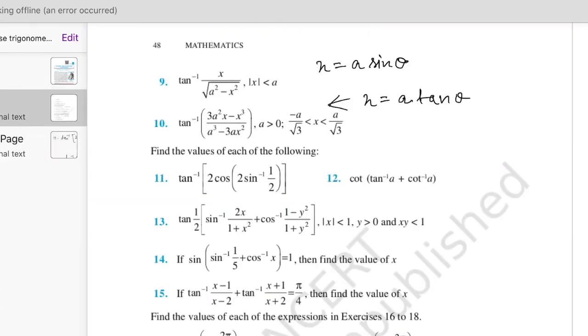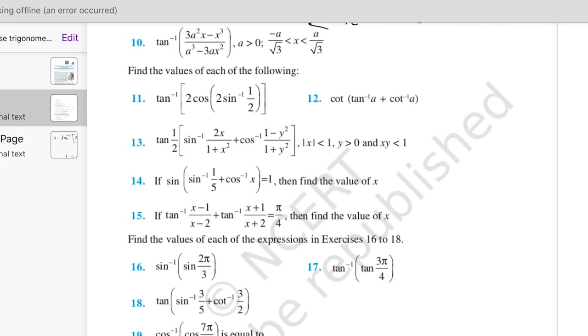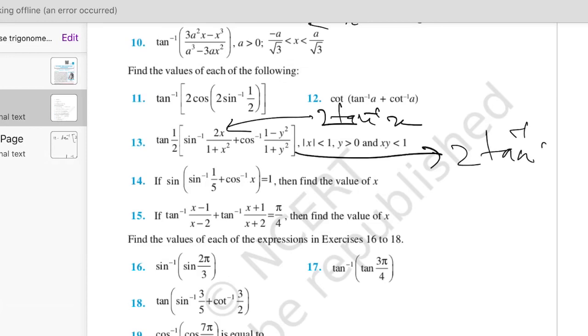In question number 13, this is the standard formula for tan 2x, tan inverse x, and this is the standard formula for 2 tan inverse y. Take out 2 common and apply the formula tan inverse x plus tan inverse y, and you will get the answer. In question number 14, you can transpose this sign, or taking inverse on both the side, you